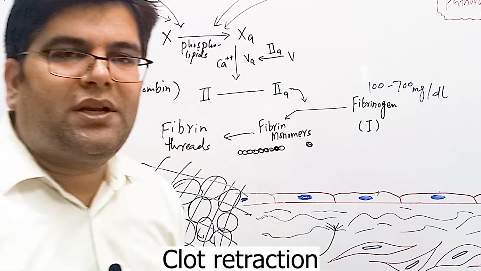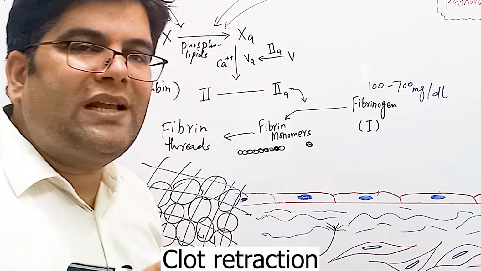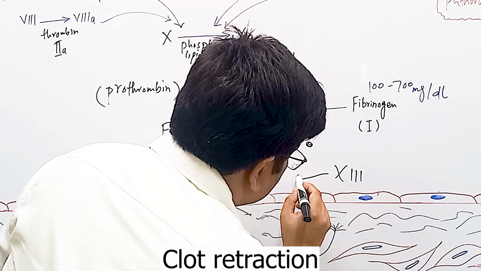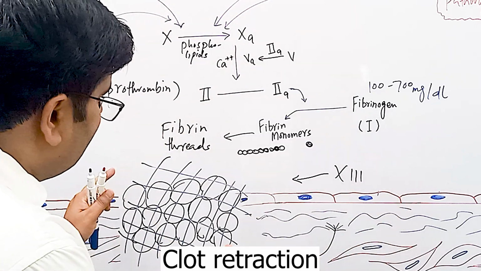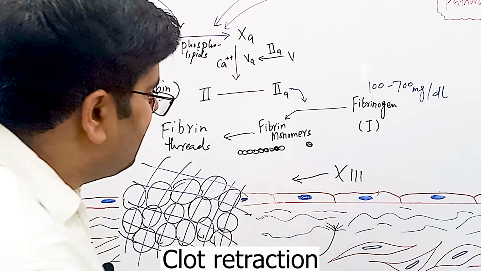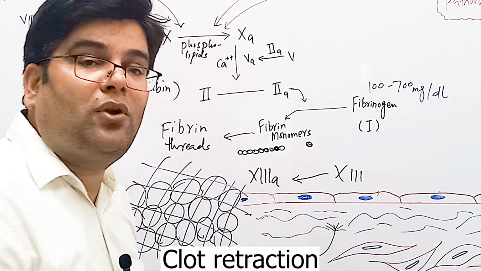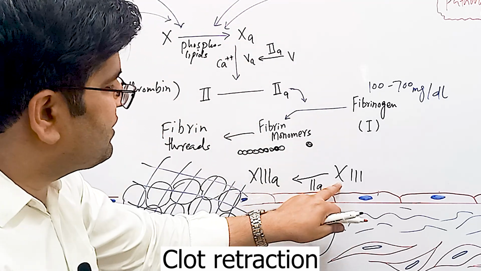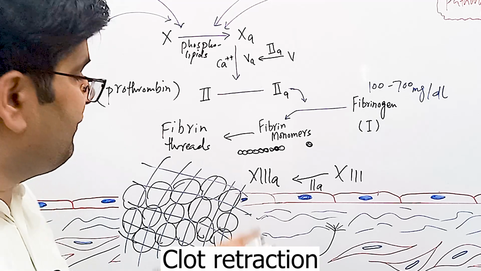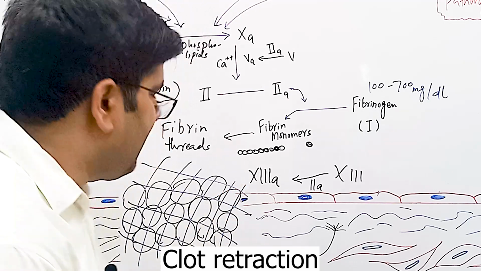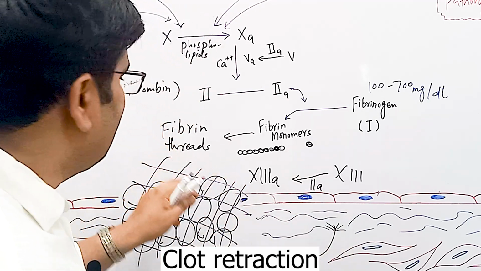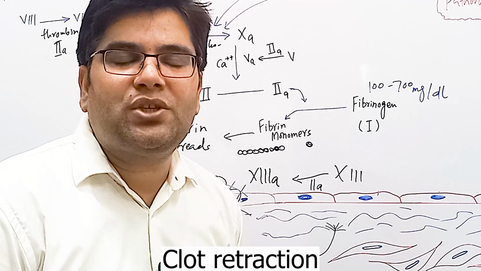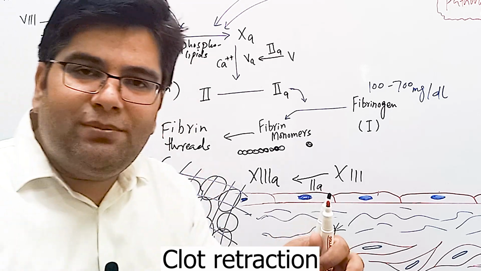Another important clotting factor which is released from platelets is called fibrin stabilizing factor. This is clotting factor number 13. This is important for stabilizing this clot. This clotting factor will be activated in the presence of clotting factor number 2, which means that thrombin will activate this clotting factor number 13, and then clotting factor number 13, which is called fibrin stabilizing factor, will join fibrin monomers by covalent bonds, and also these threads will be cross linked together, and this way the blood clot will become smaller in size,